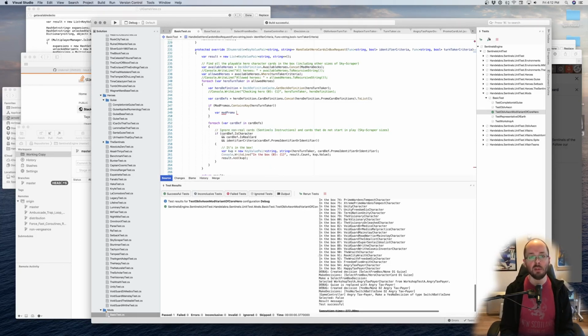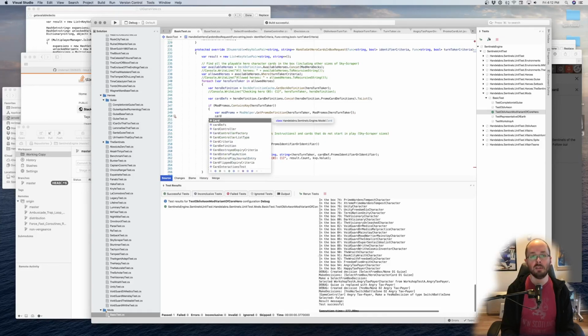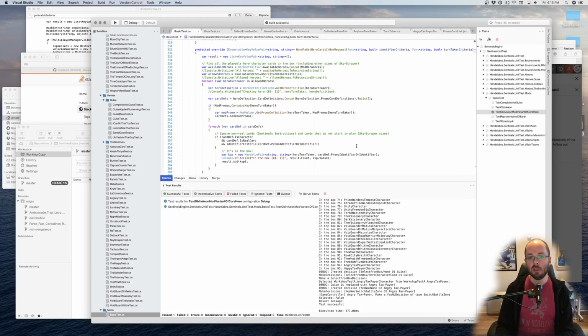Mod promo, mod helper, get promo definition. Hero turn taker and mod promos. Hero turn taker. Card defs. Add mod promo. So now the other ones should show up in here, and we can